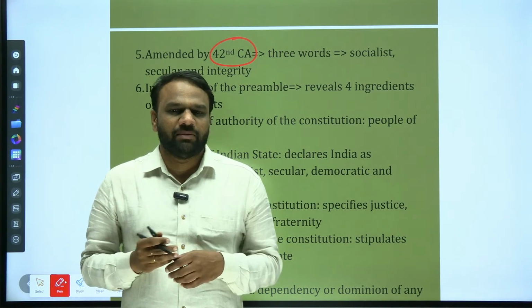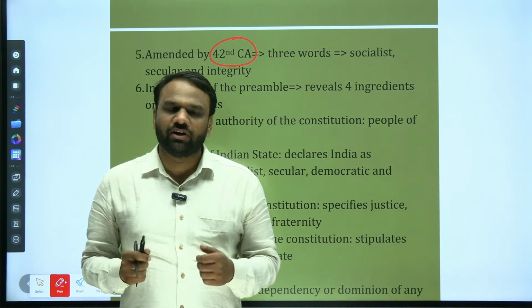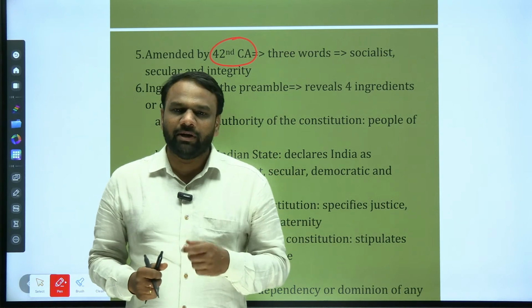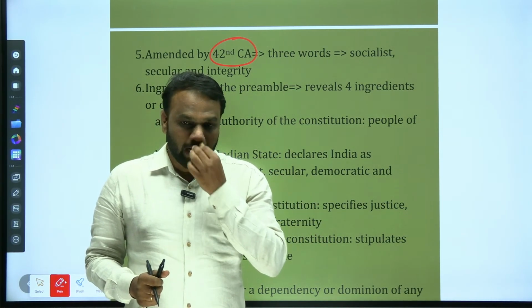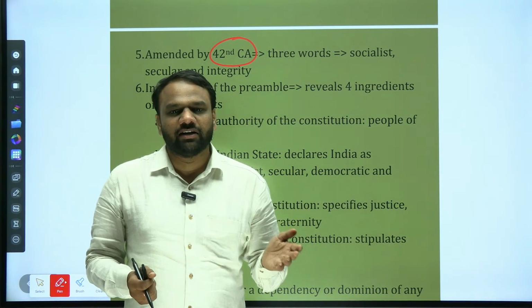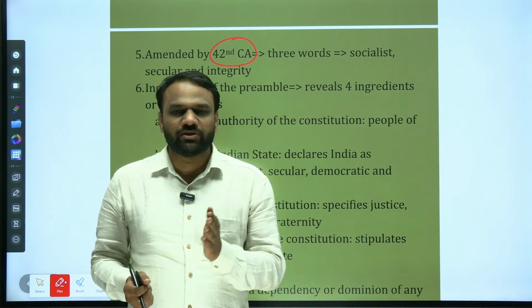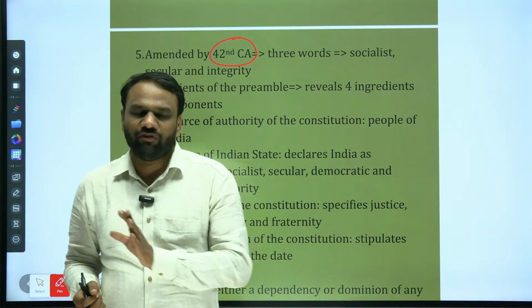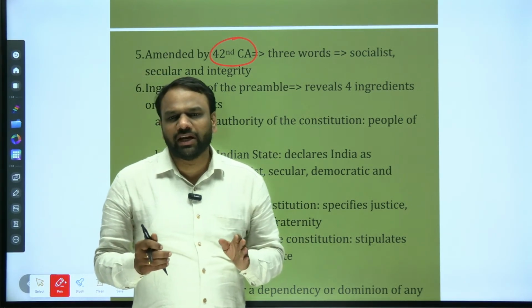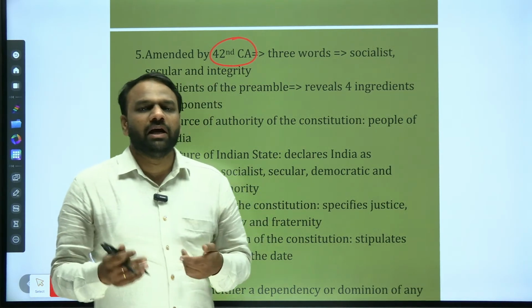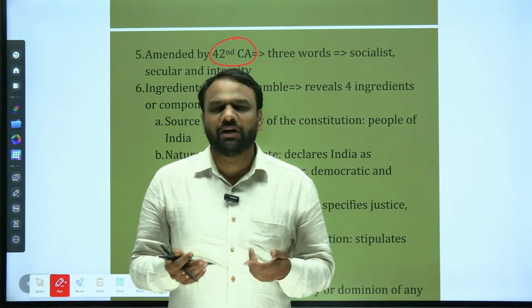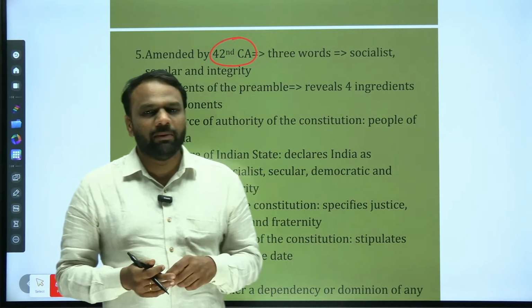Not all the amendments are important. There are a few amendments which are important. For example, the 42nd amendment, 44th amendment, 73rd amendment, 74th amendment, and the recent amendments, for example the 99th, 100th, 101, 102, 103, 104, 105. Only around 8 to 10 amendments are really important. Apart from this, if any of the amendments repeatedly appears in the newspaper as part of other news, then such an amendment will become important.